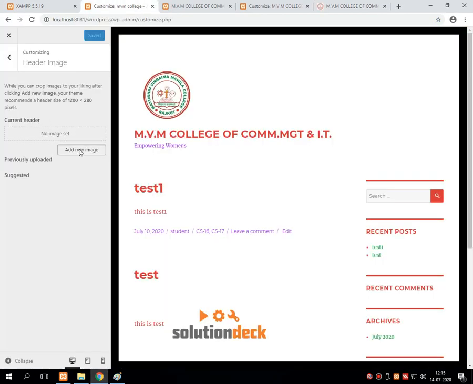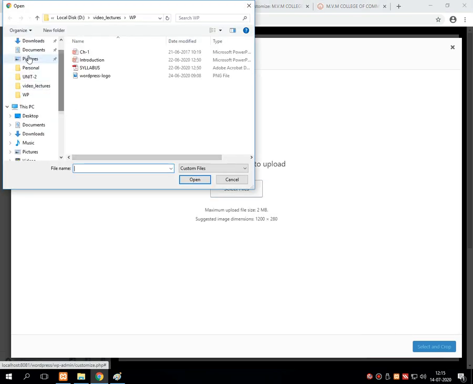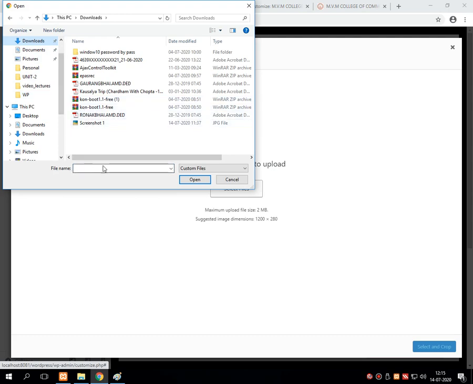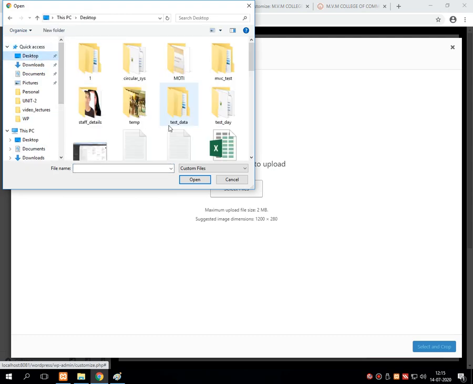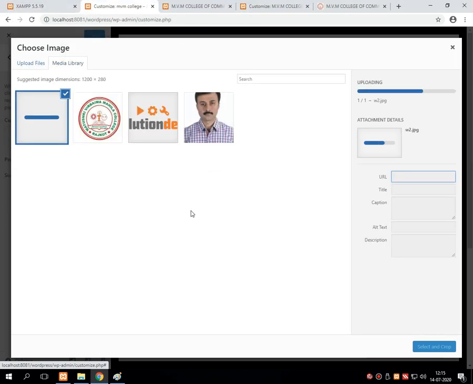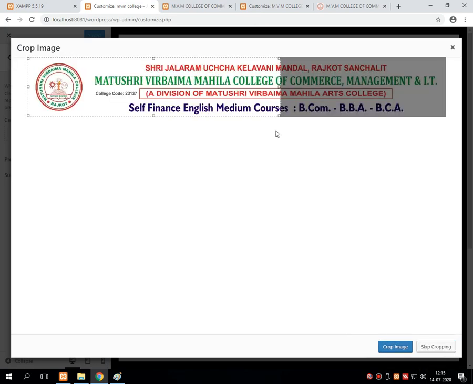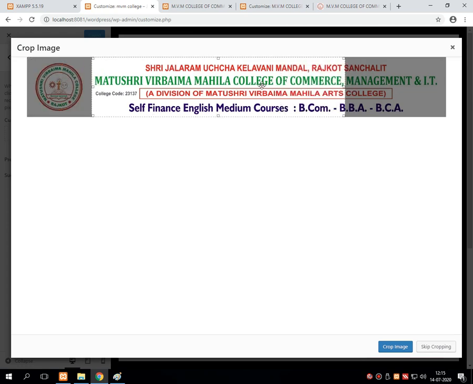Then in this customization window, suppose I am uploading that w2 file and pressing select and crop. It has a limitation of up to this portion of the image.